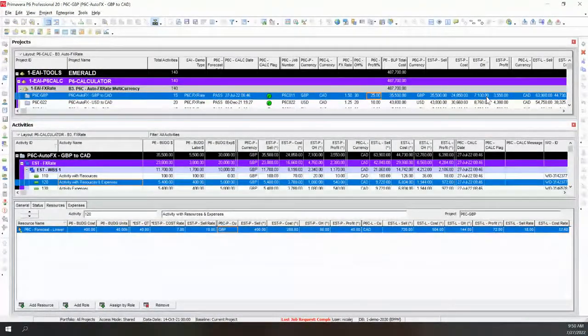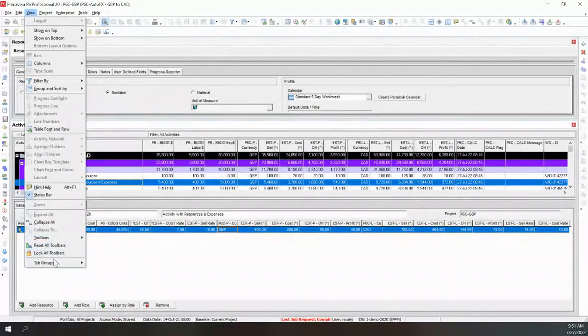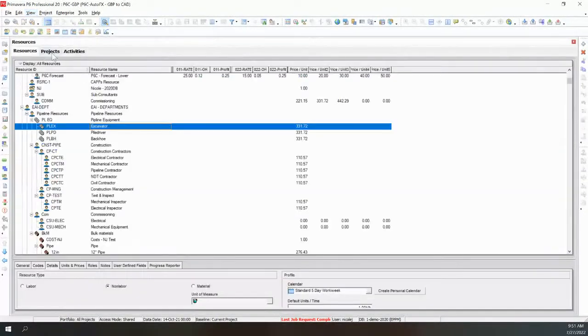Now, the other thing that many of our clients struggle with is costing at the resource level. So while this thing is running, let's touch on costing at the resource level. I think actually what I'll do is go back to the merged screen for the moment just to touch on resources. So if you've tried to do costing with resources in P6, especially if you're a contractor, you might find that it's limited because we only have